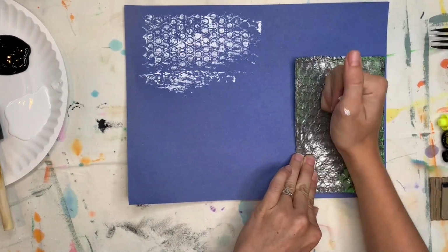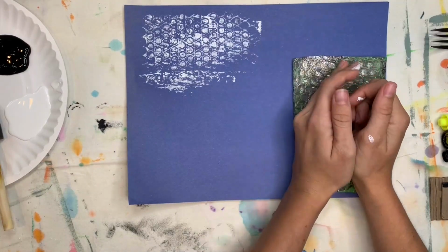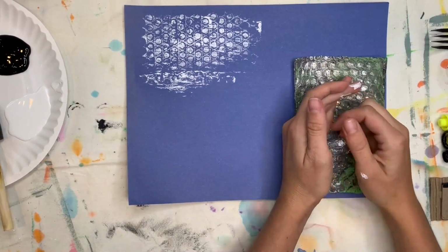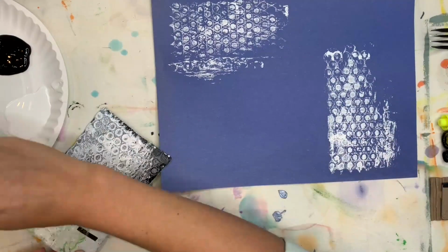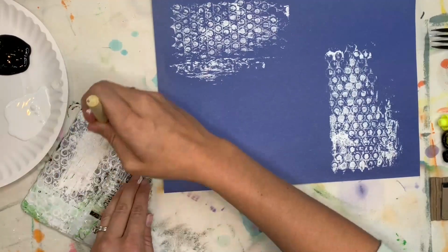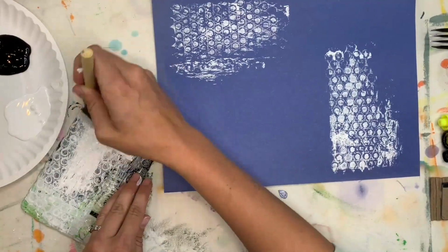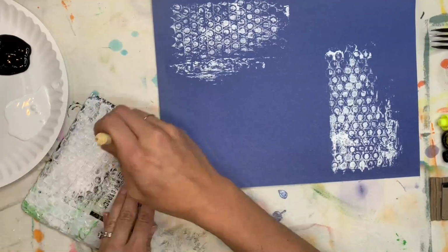So I'm starting with the bubble wrap, like I said, and I'm starting with that because it's a little bit bigger of a print surface that I'm covering. So I'm kind of working my way from larger to smaller. So selecting that largest object, covering it with paint and making the largest prints first,